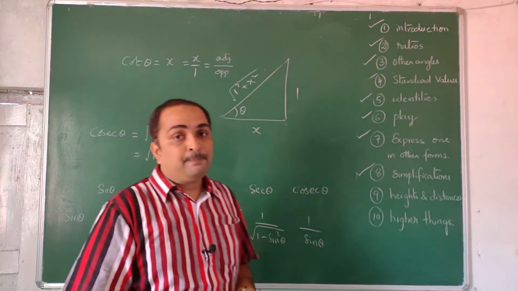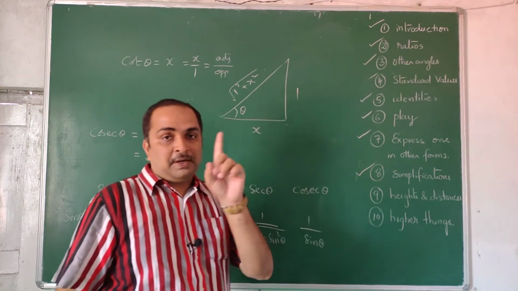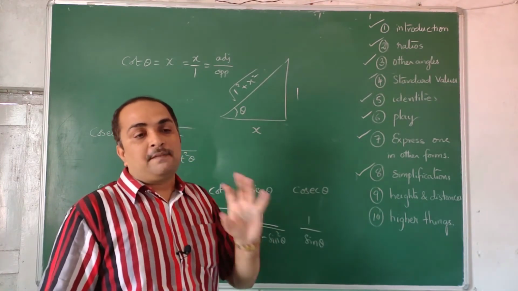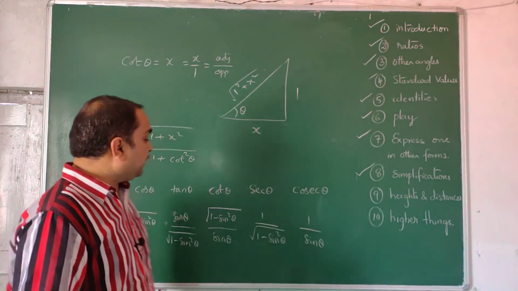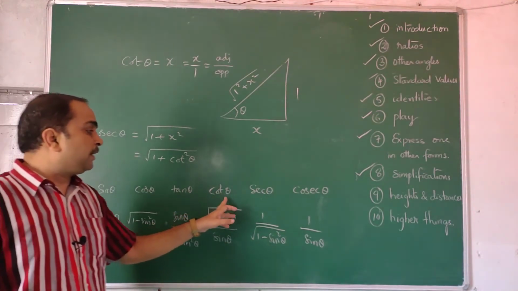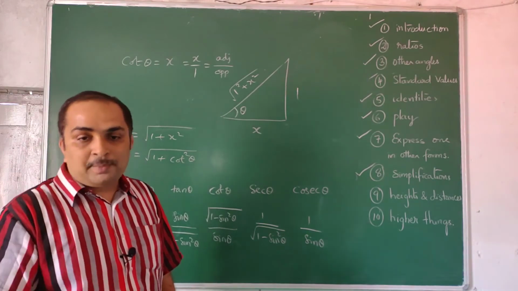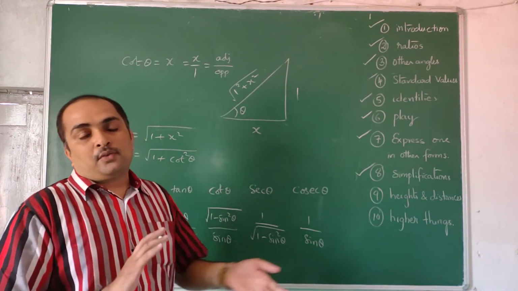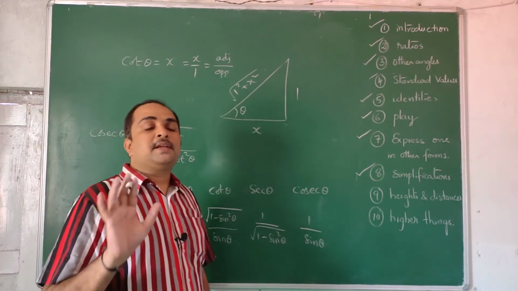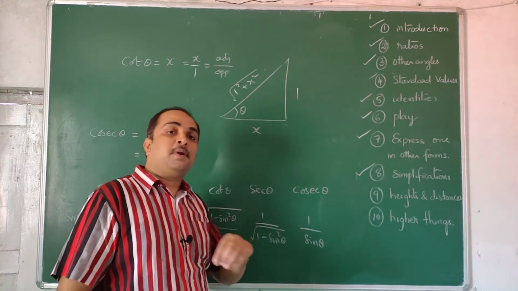But at the same time, a lot of simplifications have one funda: try writing everything given in terms of sine and cos. Even if they give tan, write it in terms of sine and cos. So many things will get cancelled, so many things will get added, denominators may become equal, so all the fractions will be taken care of. Simplification, this is the funda, you can remember. That fundamental, you use it repeatedly.